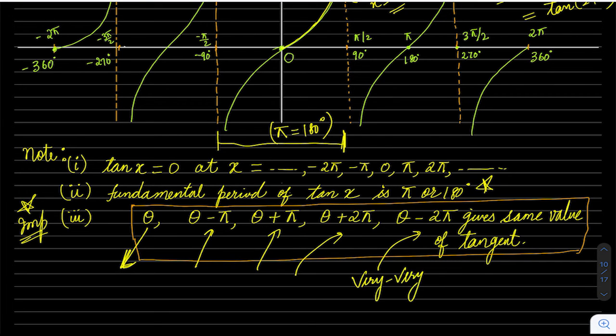This will be very, very useful when you are solving trigonometric equations. In that case, you will see that in 10 questions, we will solve questions in seconds. It will not even take a single minute, if you remember this. So subtract pi, add pi, whenever you want, it doesn't matter. It will give you the same value.